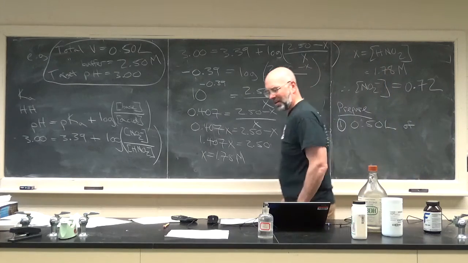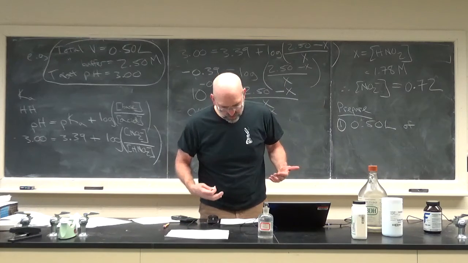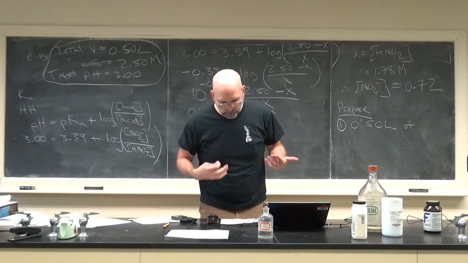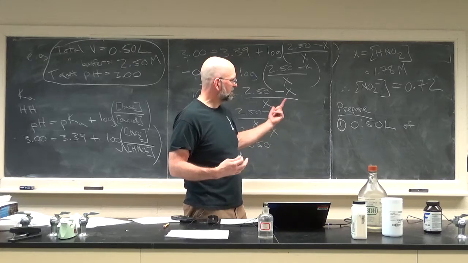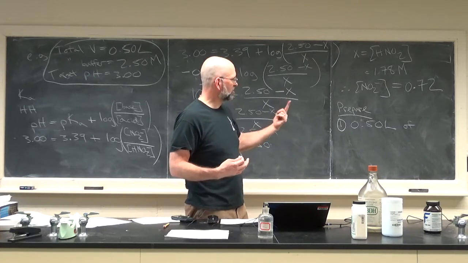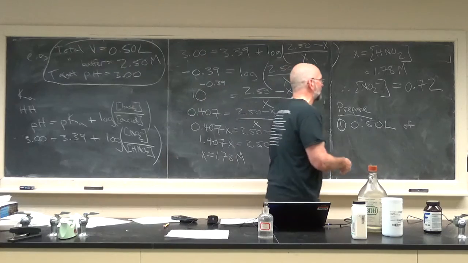Well, you know what? I don't think I really need to do this, do I? The total volume is 0.50 liters. And one of them is a solid. So we're going to assume that the solid doesn't change the volume much. So you want to prepare half a liter of